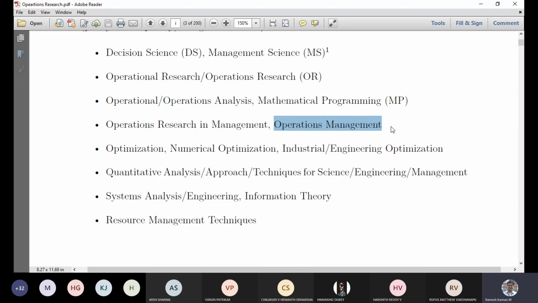But anyway, this is not part of an engineering curriculum because this is more of an MBA subject. But all we look into is operational research. In its nascent form, OR is a short form of operational research. It is generally called optimization, or sometimes people call this numerical optimization.